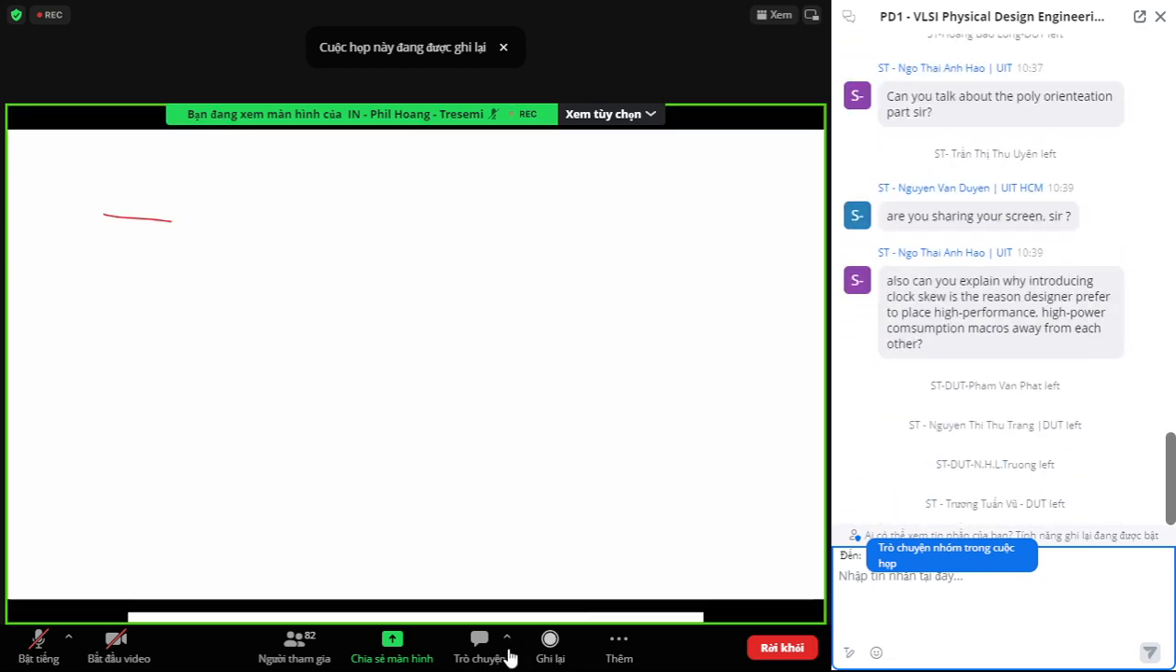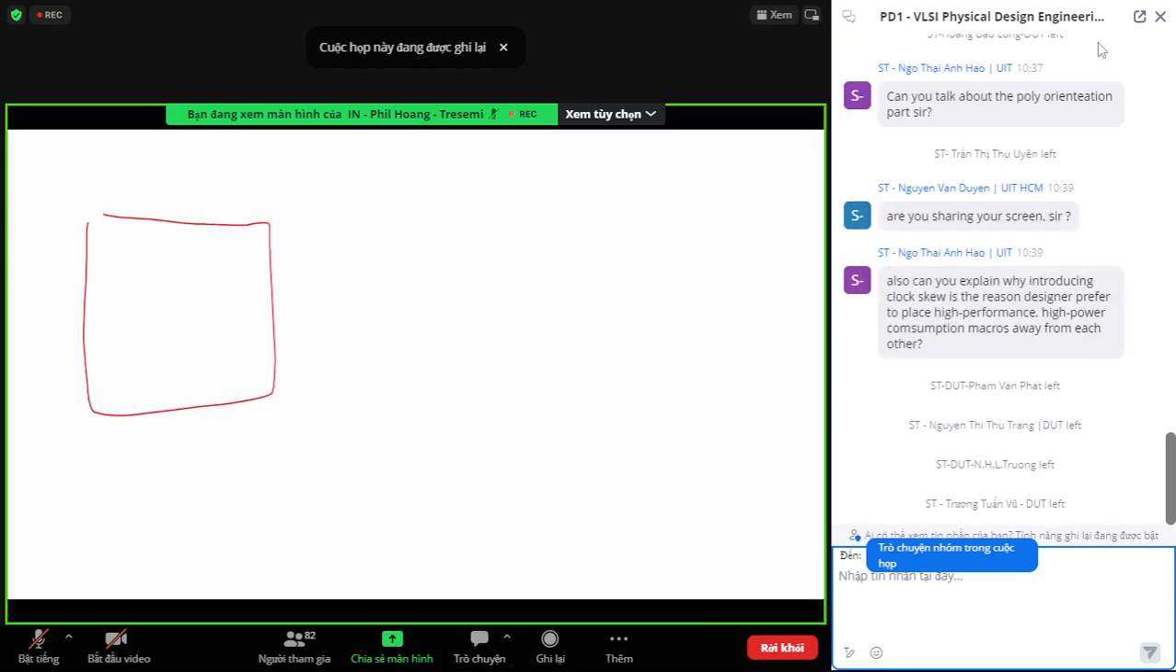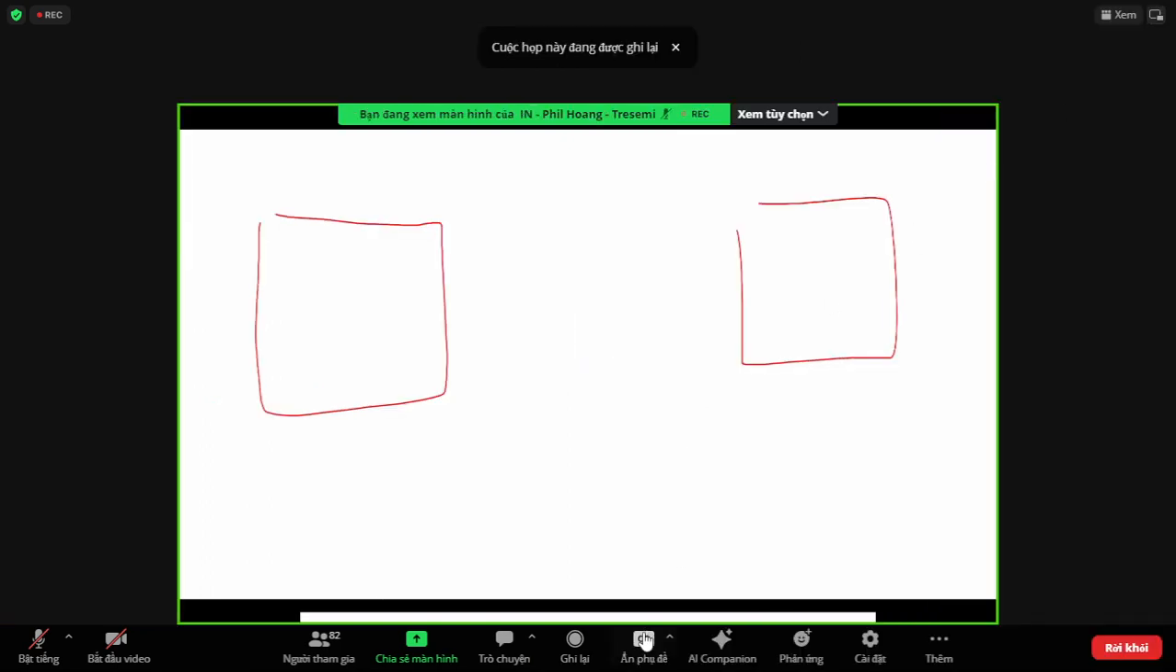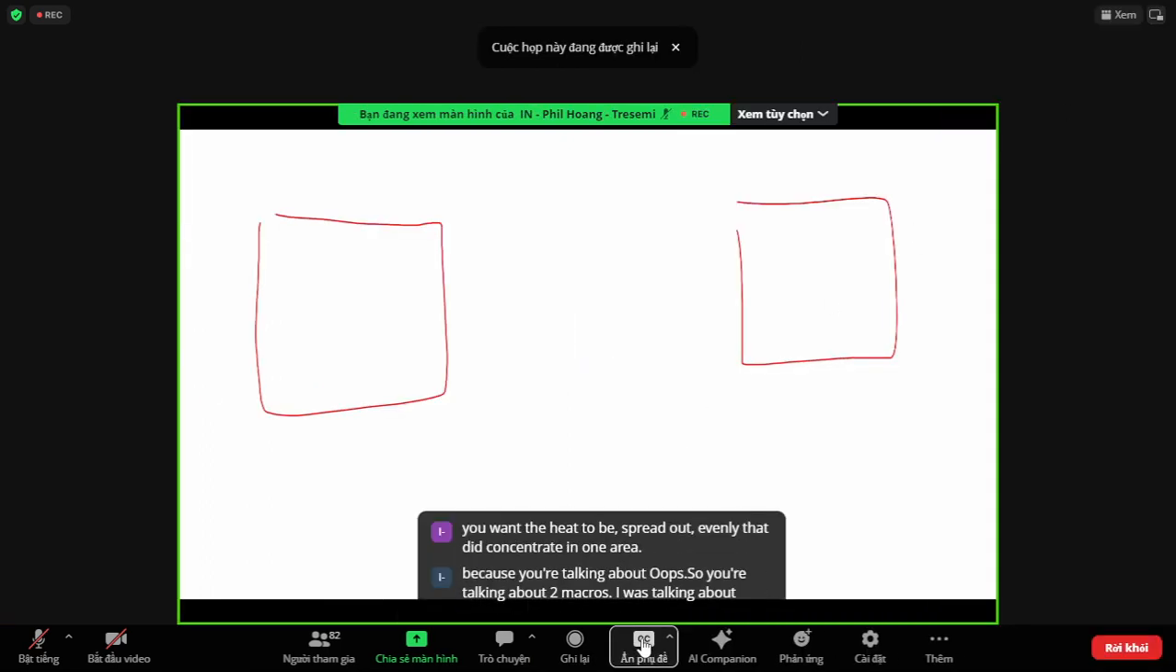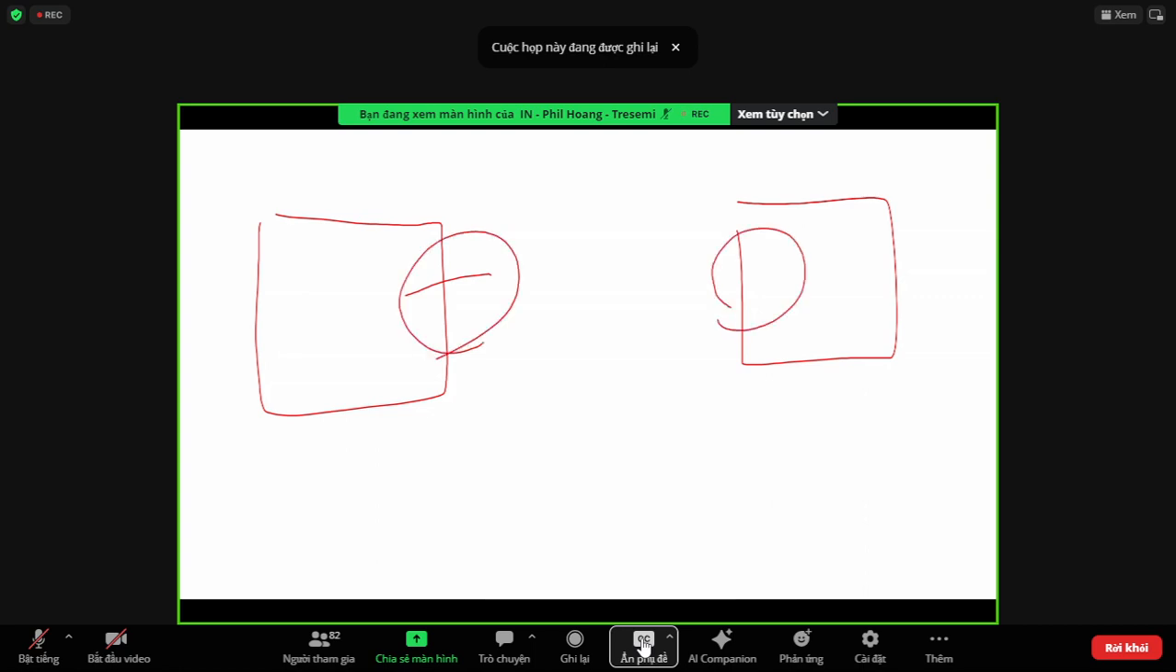So you're talking about two macros. I was talking about VDD, VSS. Yeah, correct. Boo had a good point, because if you have high power here, a lot of current is drawn, so locally you have a heat spot here. By having them farther away from each other, say if you have a VDD path here,